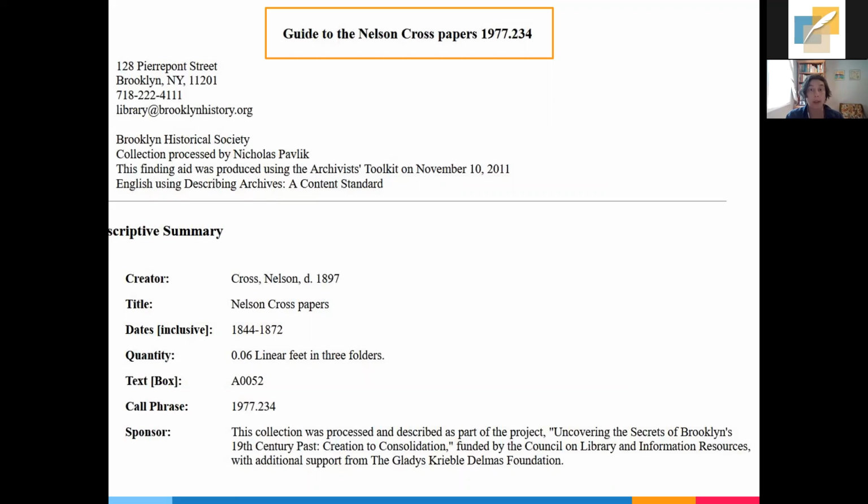When the finding aid was published, and also that it is using English and using DACS, everything we've been talking about. I do want to call out that you take a quick look at the quantity also, right? This is called extent in DACS, that's the word for it, but it's very small. And I think it's important to note that even a small collection can receive basic description in the aggregate, right? At the collection level,